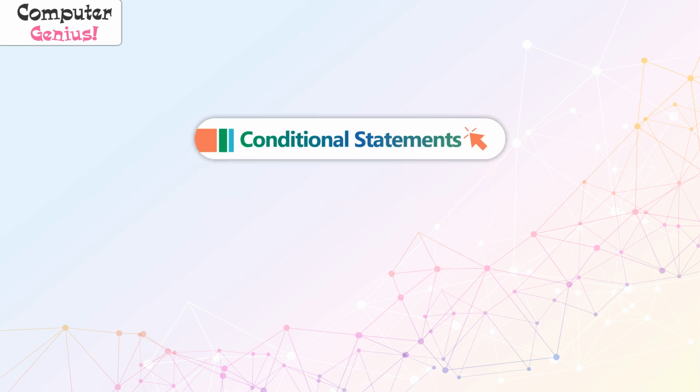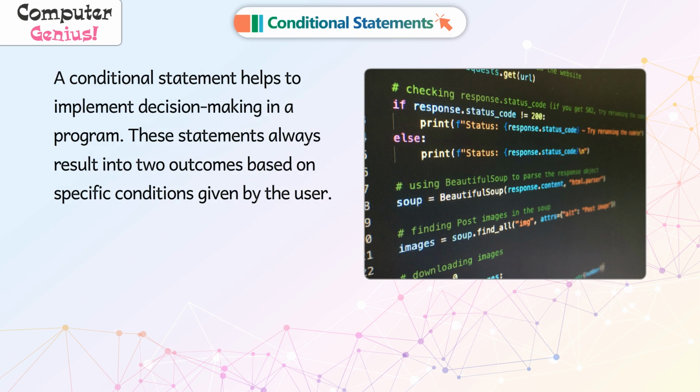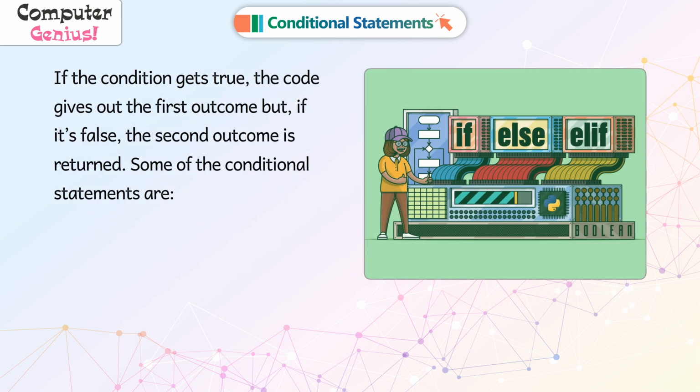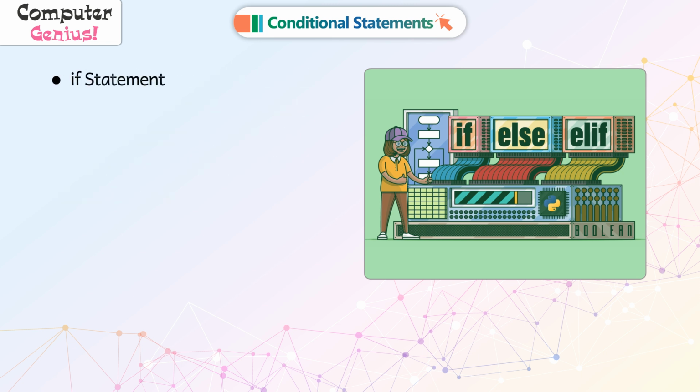Conditional statements. A conditional statement helps to implement decision-making in a program. These statements always result in two outcomes based on specific conditions given by the user. If the condition gets true, the code gives out the first outcome, but if it's false, the second outcome is returned. Some of the conditional statements are if statement, if-else statement,